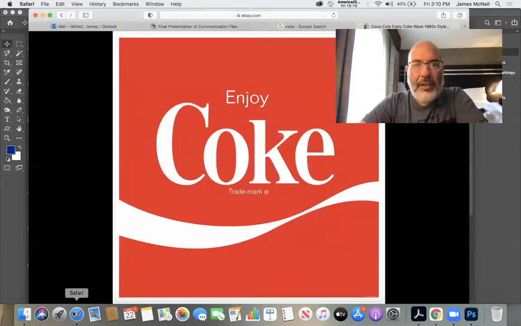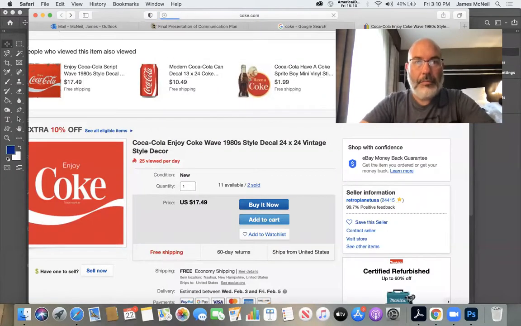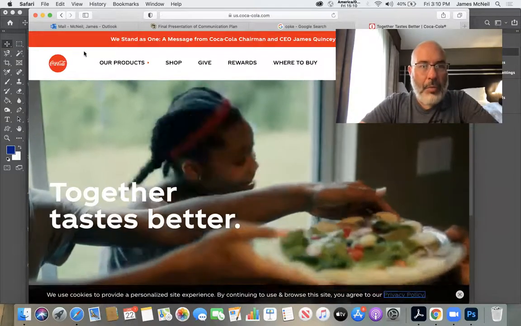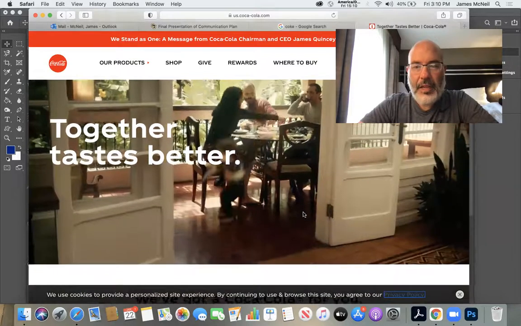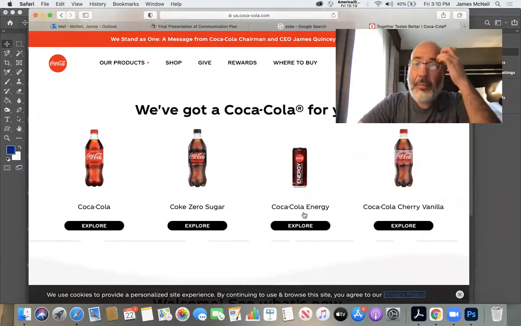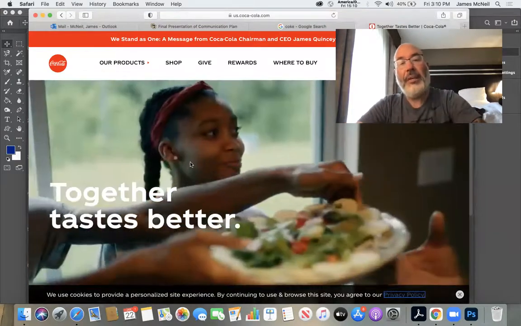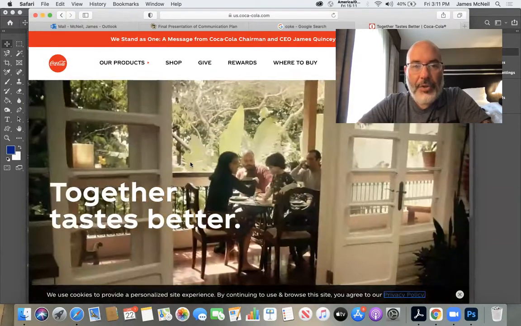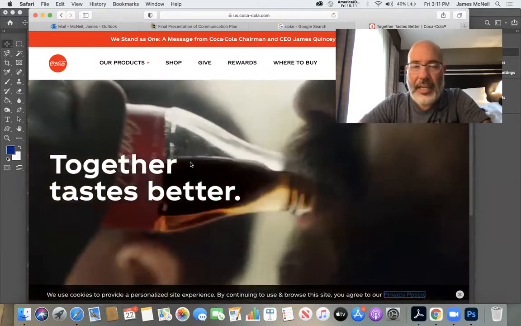So now let's go back and look a little bit closer at Coca-Cola. Let's go to their website. All right. So now we see that they do have their white and red branding. That is a part of their theme. They also have a lot of large images, and large text as well. But they have big images, and these are moving images, obviously, a little movie commercial of sorts, right? This all kind of lends to that PechaKucha style that I asked you to take a look at